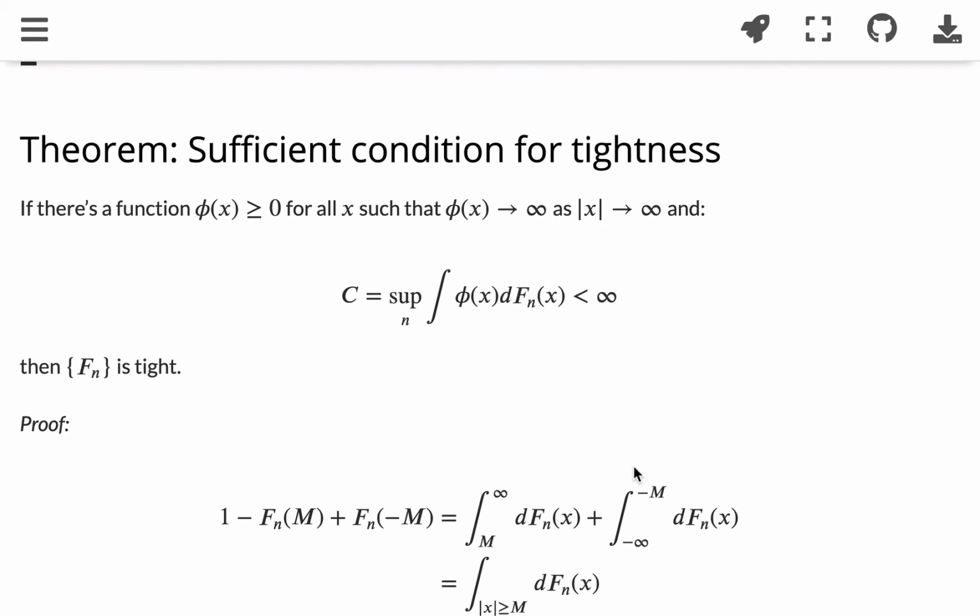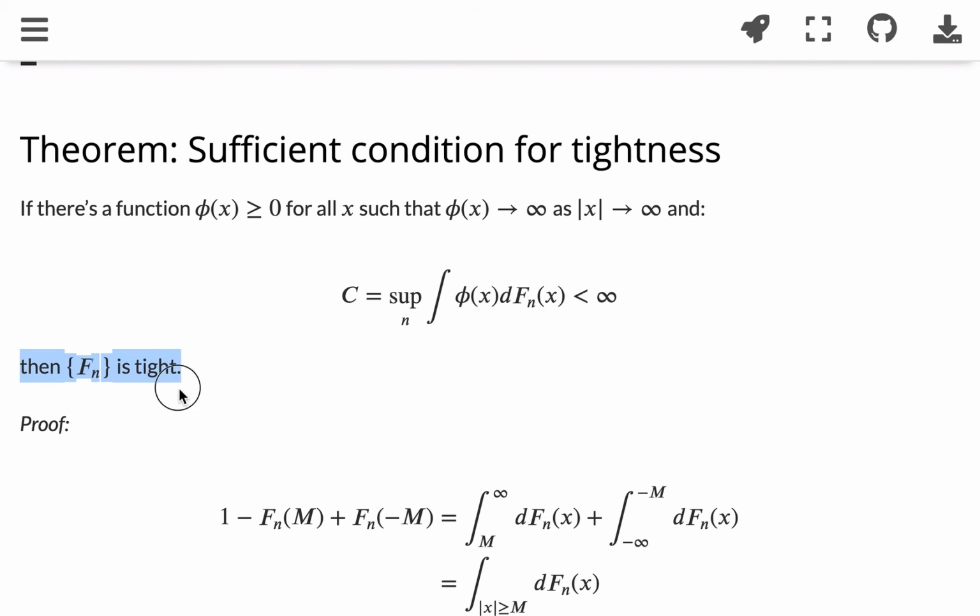So the next one is we want to talk about the sufficient condition for tightness. So if we can find a function, let's say phi x, which is a positive function, such that this phi x goes to infinity as absolute value of x goes to infinity, and the sup of the integral of phi x on the dFn is finite, then Fn is tight. So that's the sufficient condition